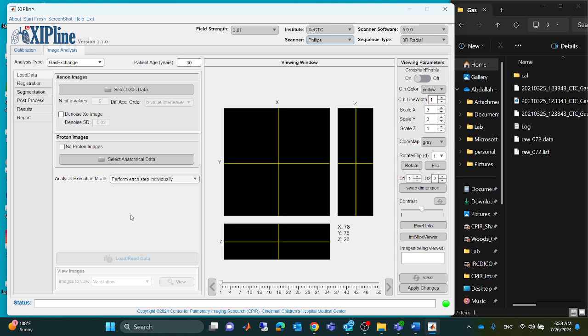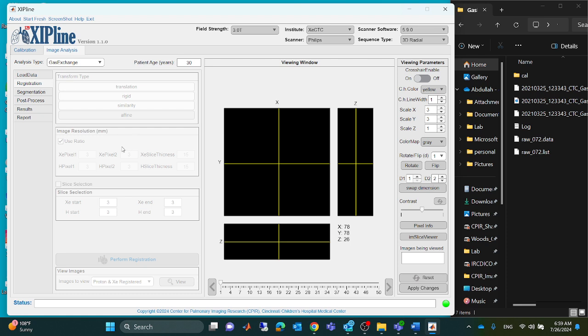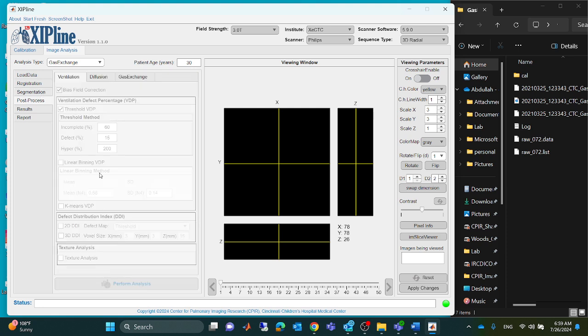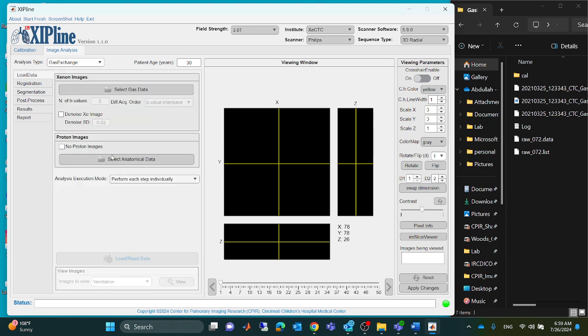So before I do that, you can see here that the read data button is disabled. This is because it's waiting for you to load the data to be activated. Similarly, the registration is also grayed out because it's waiting for you to load the data, and similar thing for segmentation and for the post-processing. However, when you enable